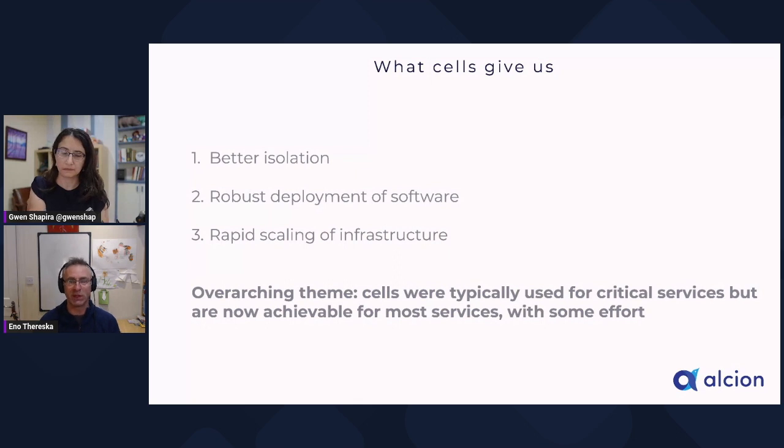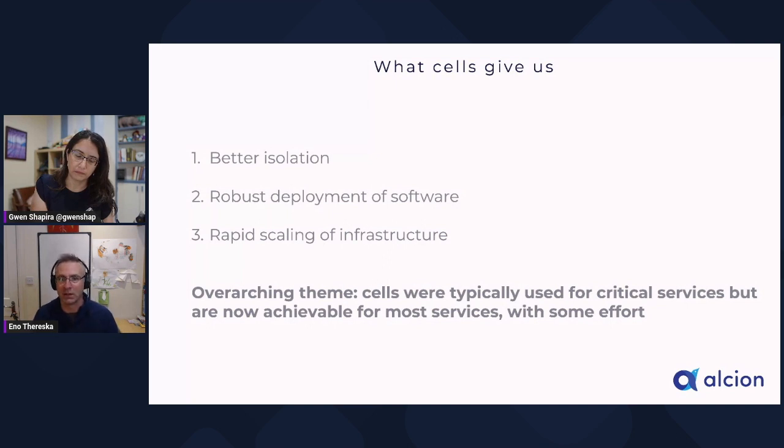So what do cells give us? They give us better isolation, one, across tenants, but two, they also isolate our own buggy code from touching the entire control plane. They give us an opportunity to do an even better deployment of software. We're going to see how we deploy from cell to cell and then roll back if something goes wrong. They also give us this extra benefit: we can rapidly scale the infrastructure. We can easily start a cell in any region of the world in just a couple of hours, maybe a day or two. That's a great way to scale our infrastructure and onboard new customers without worrying about quotas.